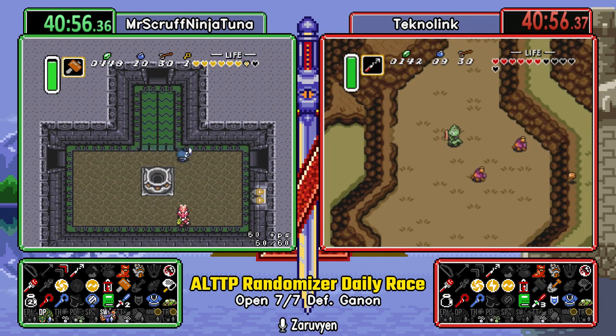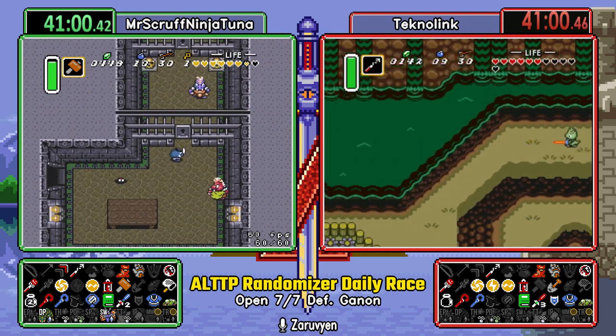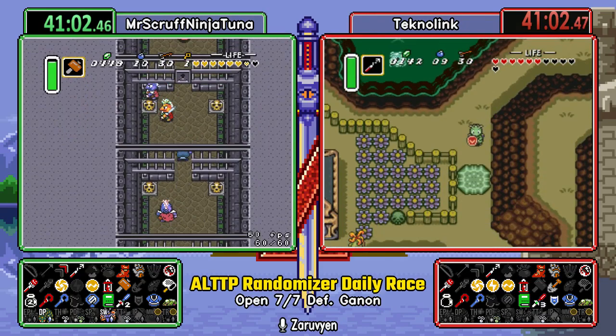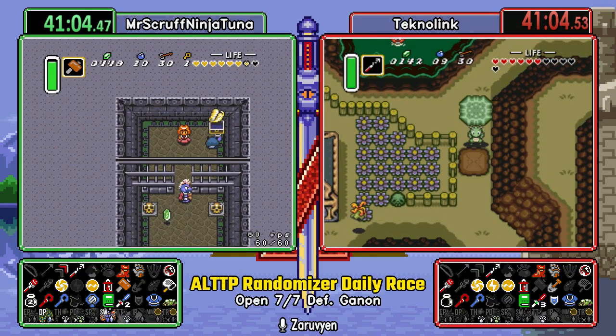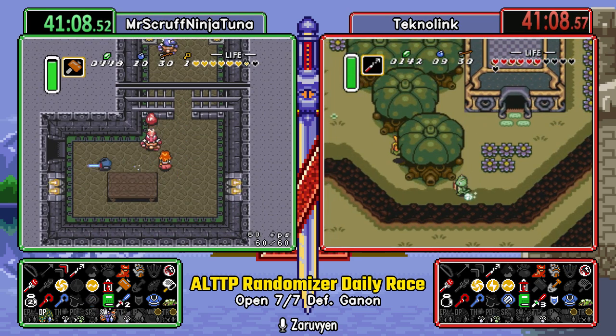Yeah, it's Technolink that found the mirror in the dark maze of Pod. The hammer, on the other hand, was in Pot Prison in Skull Woods. And there's your other dungeon item. So,